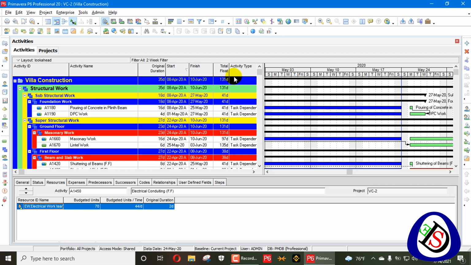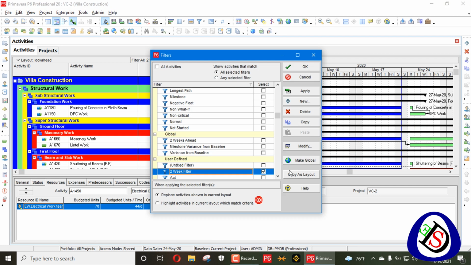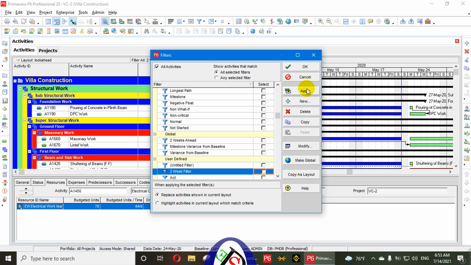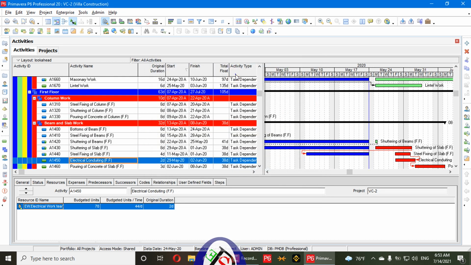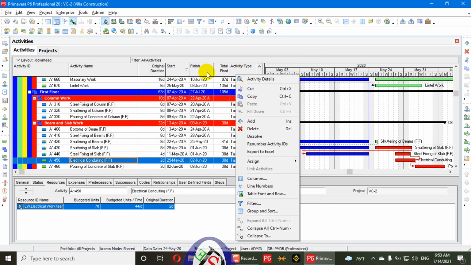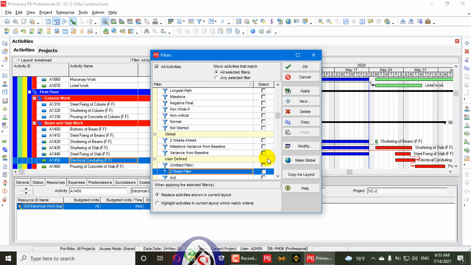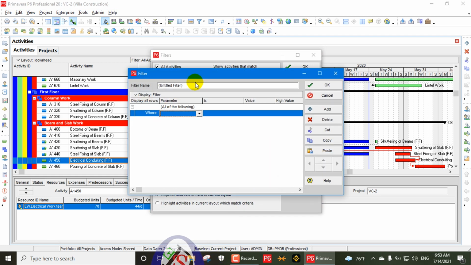So what we will do next, I want to show you another filter here, apply this one, OK. So we will open the previous layout. So it's better, no problem. We will open this layout, we add a new layout here. So this one is the second option. You can create a look ahead like that one. This is also a concept. So this is a filter option. Everybody has a different concept, and anybody can create a different type of look aheads.